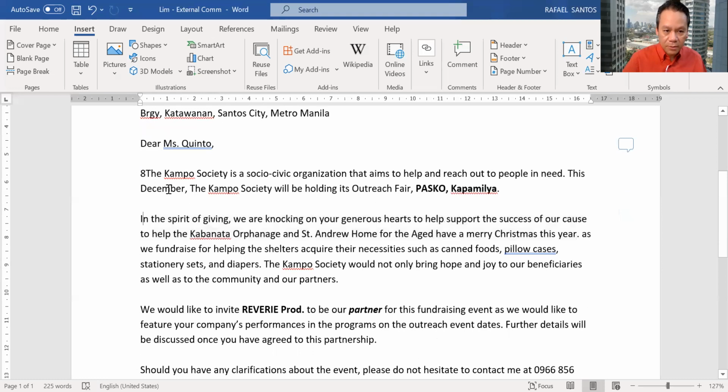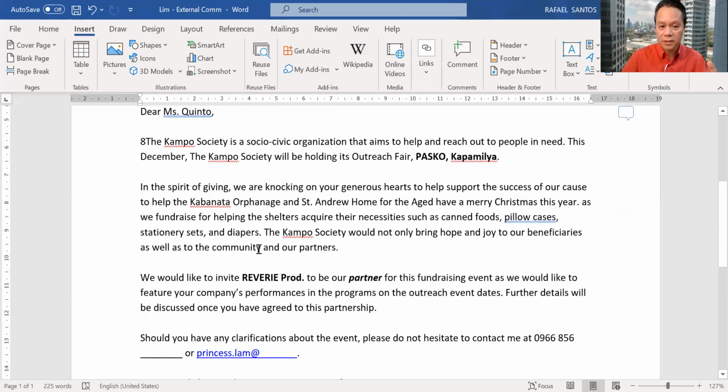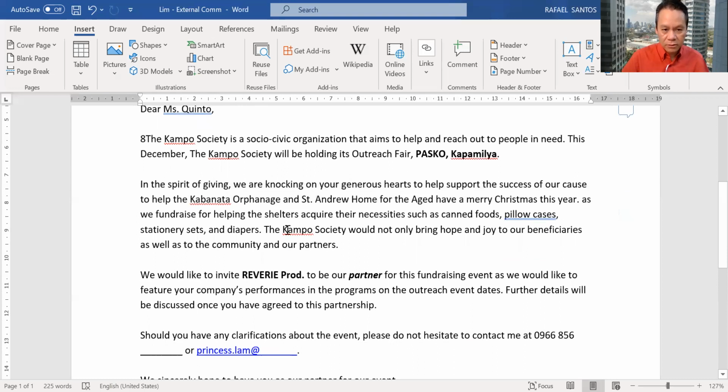Is paragraph number 1 connected with 2? If I say, yeah, it's connected because there's transition and the idea, it's still about Christmas and giving during Christmas time. What about the connection between the second paragraph and paragraph number 3? The Campo Society would not only bring hope and joy to our beneficiaries as well as to the community and our partners. So this may be grammar, but also